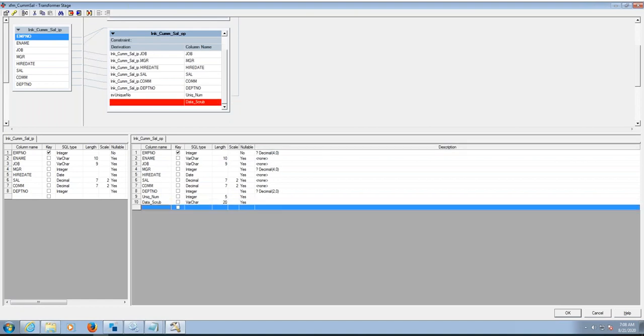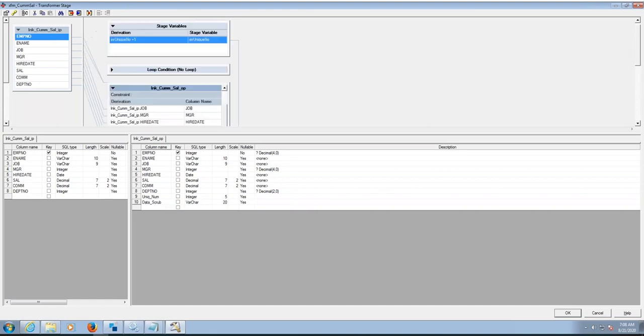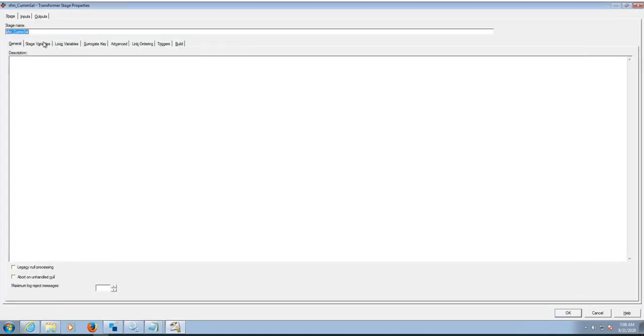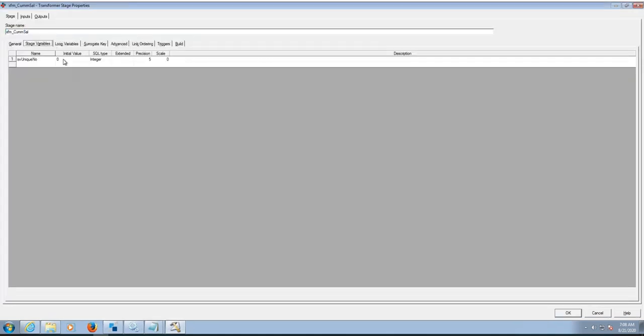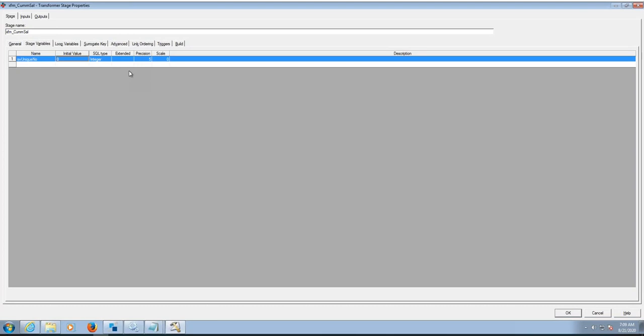Can you start that from like 5 or something? You want to start the surrogate key number from 5 onwards. Then you need to change only the initial value. If you give 5, it will take 5, and 5 plus 1 will start from 6 onwards.